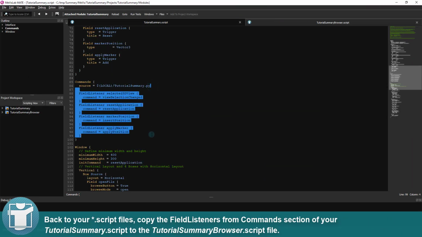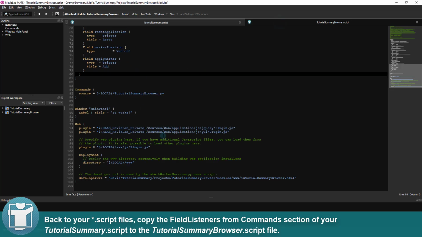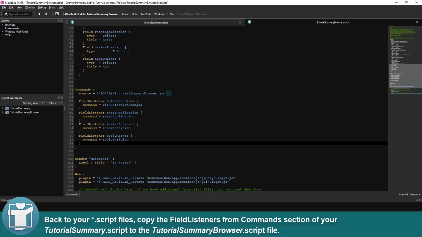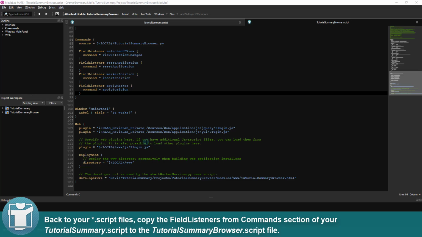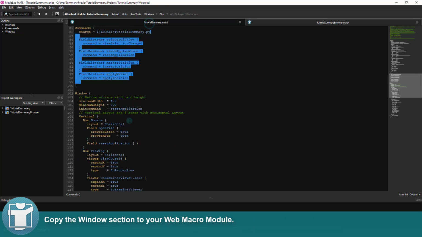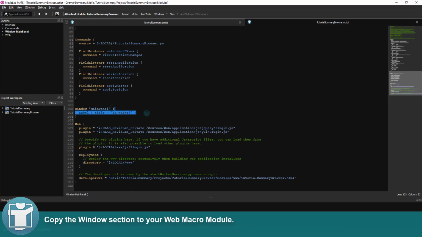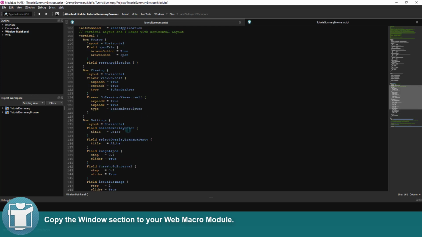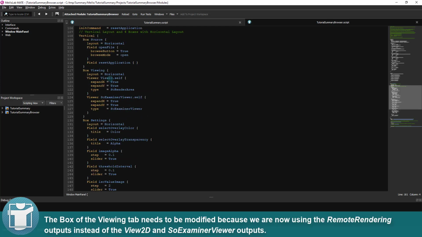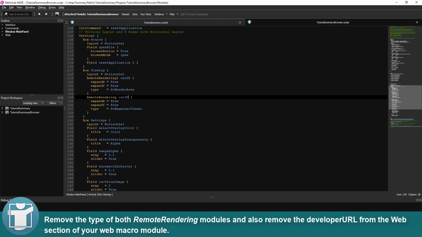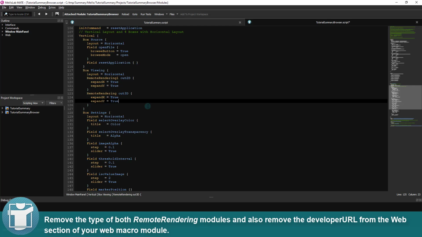Back to your script files, copy the field listeners from commands section of your tutorial summary.script to tutorial summary browser.script. Also copy the Windows section to your web macro module. The box of the Viewing tab needs to be modified because we are now using the remote rendering outputs instead of the View 2D and SO Examiner viewer outputs. Remove the type of both remote rendering modules and also remove the developer URL from the web section of your